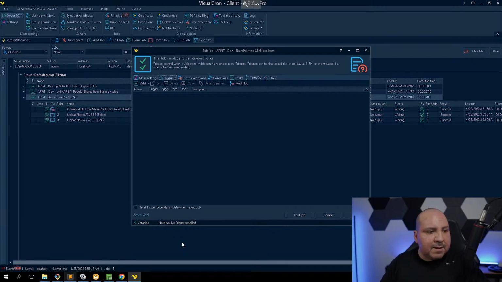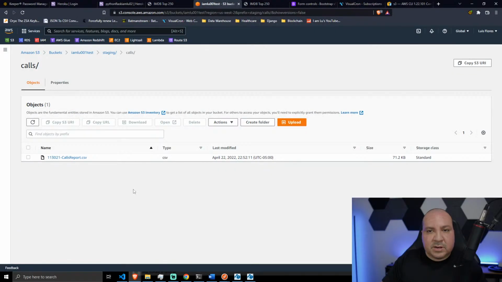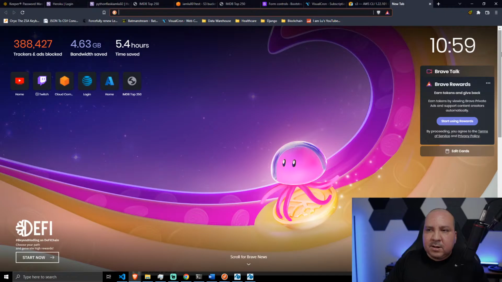You said the same thing about Power Automate. Can we use that for Sharepoint and S3? So Power Automate, I do believe for Sharepoint we can. I was looking into that actually, because I wasn't sure about the S3 portion of it. But that one,